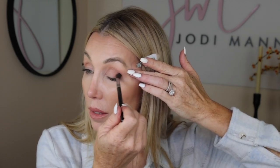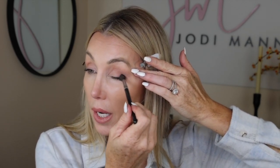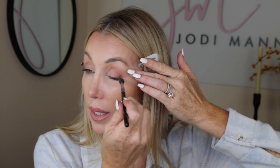Now I'm just going to go in with a light, fluffy, clean blending brush and soften that still. I'm not trying to move that, I just want to remove any lines. If you're a little heavy-handed and you feel like your eyeshadow is a little too dark, because we really want this to be pretty neutral, then just grab a big light fluffy brush, pick up a neutral type color,